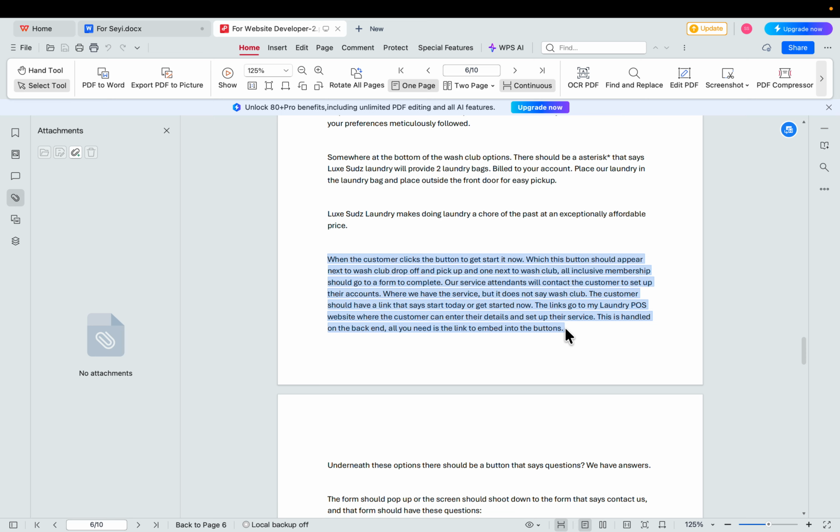Now, if it takes you 5 days or 7 days to do this, and in 3 days they get this fixed, because as I understand it, my company's already been added. They just need to let me know when it's live. So it's very possible within the next 3 days that you don't need to put a form when someone clicks on Wash Club or Wash Club Elite and get started. When they click get started, it won't go to a form. It should just go to the website.